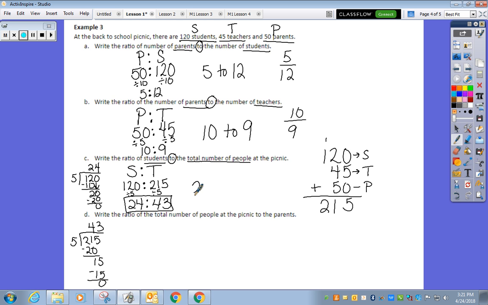And again, I can write it with the word "to," or I can write it as a fraction. This one I definitely would not want to draw with a tape diagram because I don't want to draw 24 boxes and then 43 boxes. Too many. Okay, so then the next one is the ratio of the total number of people at the picnic